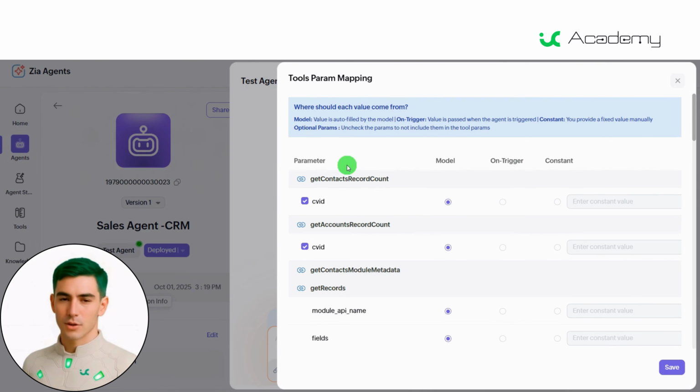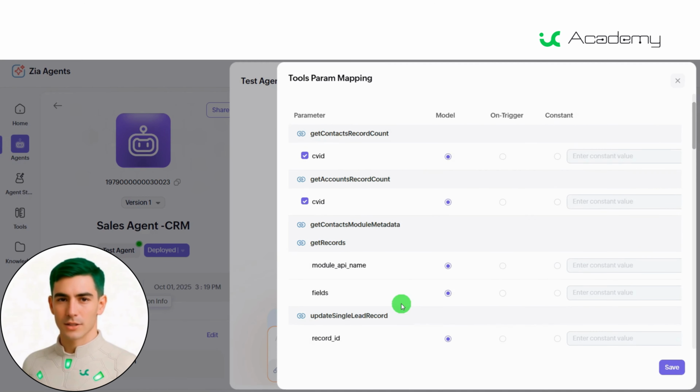Below, the parameters corresponding to each API appear, for example, get contacts record count, get accounts record count, update single